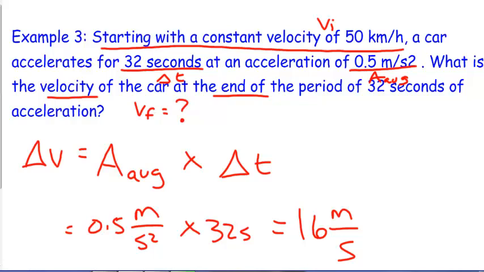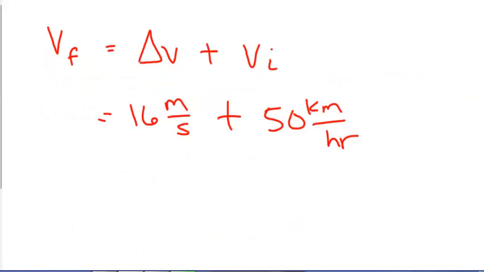Now I have delta V. So we said that VF was going to be equal to delta V plus VI. So 16 meters per second plus 50 kilometers per hour. Easy,